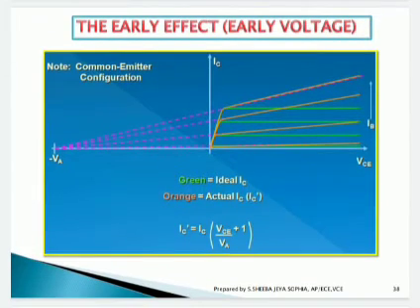This is the graphical representation, and you can see clearly the green line is the ideal line of IC and orange is the actual IC value. So from this you can find the actual IC value by using the collector current IC and collector to emitter voltage. By using these values, IC dash is equal to IC into (VCE by VA plus 1). By using this, you can find the actual value from the ideal IC value.